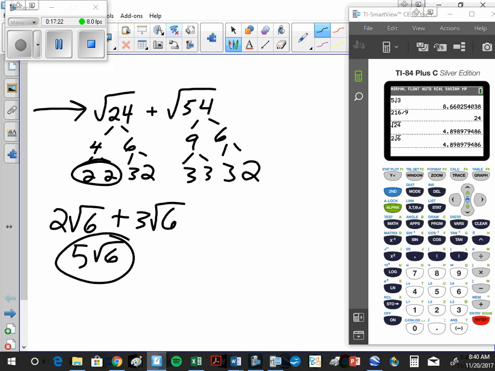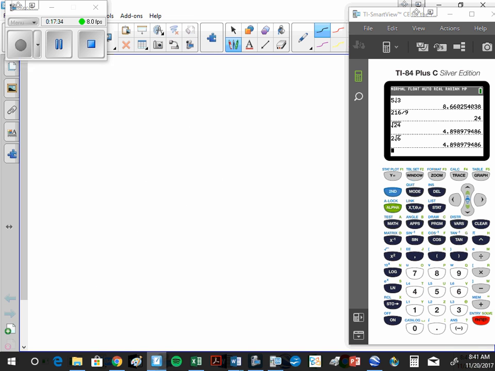You can only add or subtract radicals if the radicals are identical. They have to have the same root and the same number on the inside. Okay? So if I had the square root of 50, or sorry, the cubed root of 54 minus the cubed root of 81,